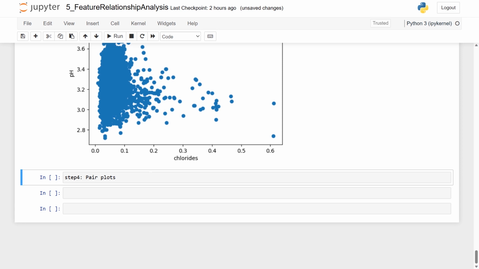Obviously, step 3 and step 4 can go together. You can simply say step 3 is just a scatter plot, or you can say step 3 and step 4, which is scatter plot and then pair plot. So that's all up to you. Both go hand in hand with each other. Okay,